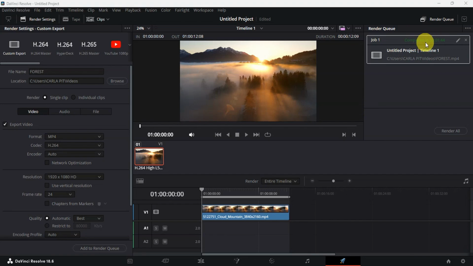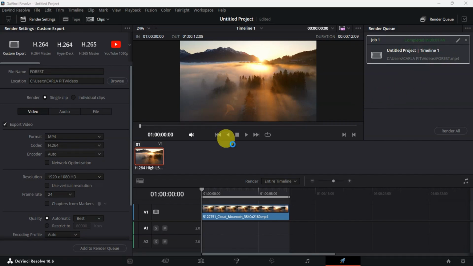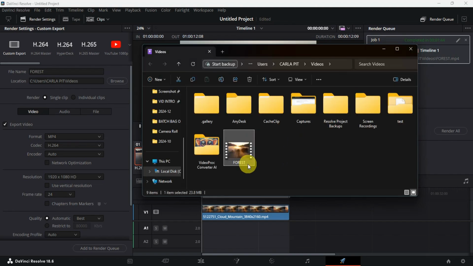Now this is what it looks like once it is completed. You could actually right click on that and reveal in media storage or open file location so that you should be able to see the video that has been rendered or exported already on your device. And that is how easy you could export video in DaVinci Resolve,